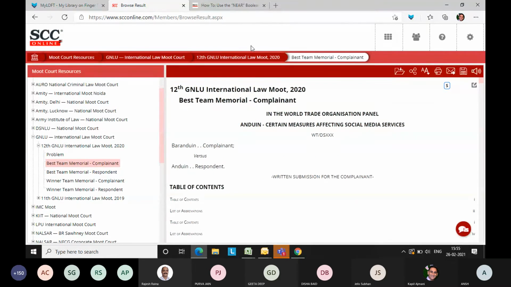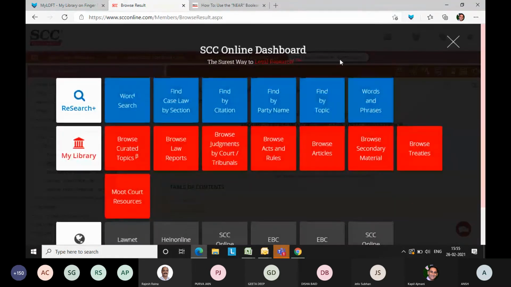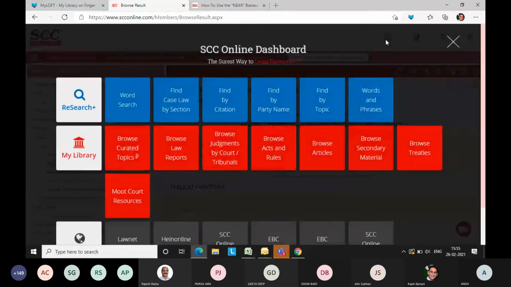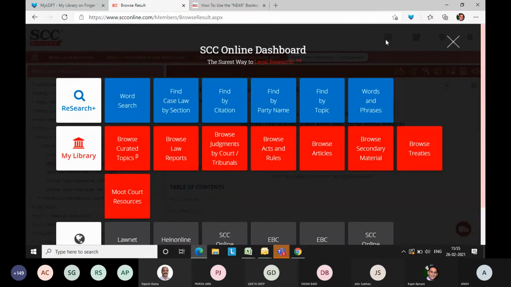So I think, Kapil, is there anything more you want to add, or are most of the things already done? I think this is up to the audience now. They start using it, and they come back to us with more queries. Sure, Kapil. So now we are open to questions and answers. Distinguished guests, faculty and students, you may ask your question. You can unmute and ask, or you can type it in the chat box also.